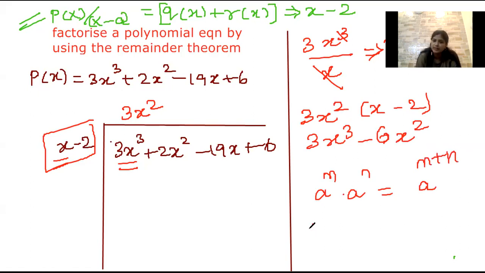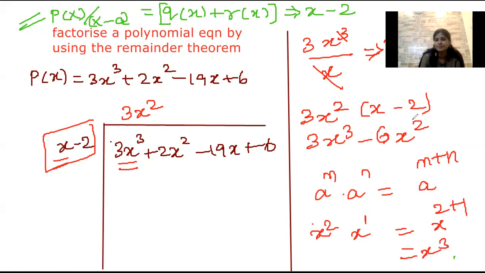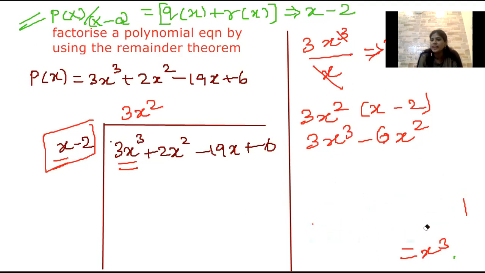So if you multiply the x square and x, the base is same. I don't have any power here. Let me assume this is 1. So the base is going to be same. Just add the power value alone. It will become x power 3. So that is how I got x cube over here. The constant which is multiplying, that stays the same. So that's going to be 3x cube minus 6x square.